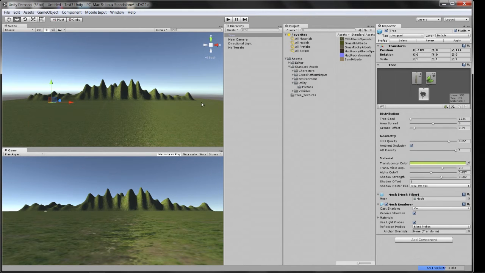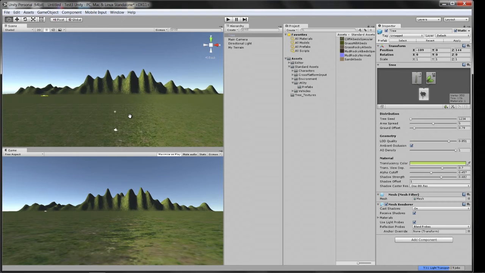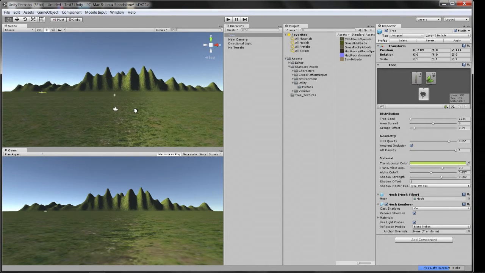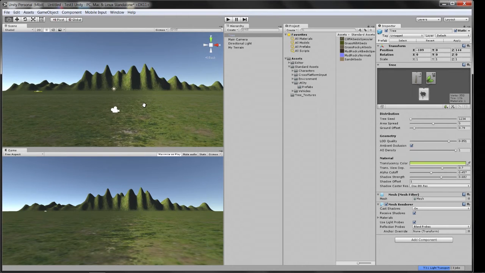Now that we have our terrain, and as you can see we got ourselves a really cool sky. Now I am more comfortable about going down here, and I want to replace this camera with our first person shooter, and